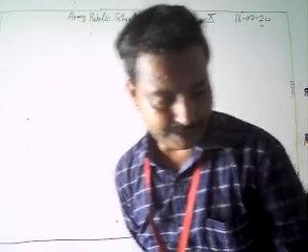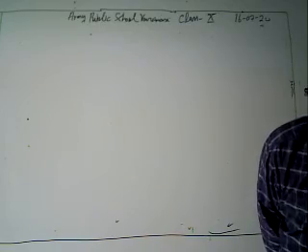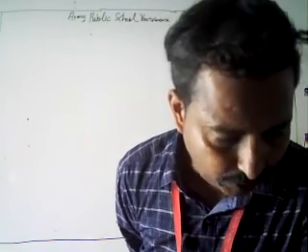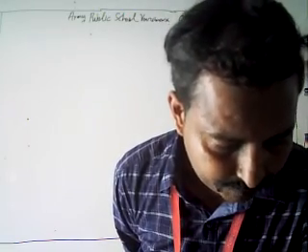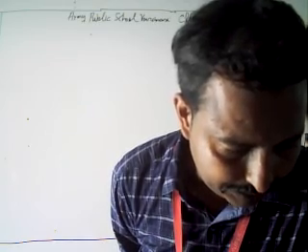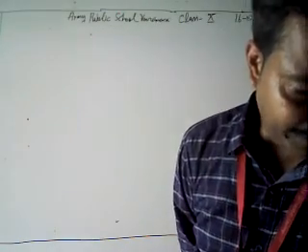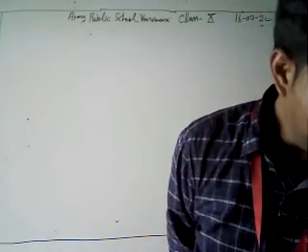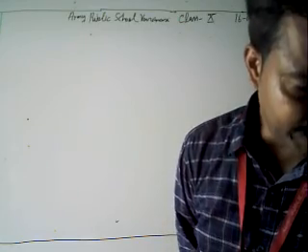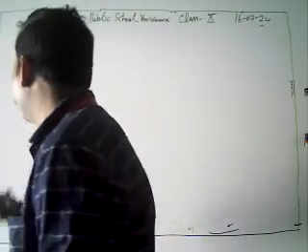Look what is given in our next problem. A hollow cylinder of height 3 centimeter is recast into a solid cylinder of height 9 centimeter. If the external and internal radii of the hollow cylinder are 4.3 centimeter and 1.1 centimeter respectively, then find the radius of the solid cylinder. What we have given? We have a hollow cylinder of height 3 centimeter.